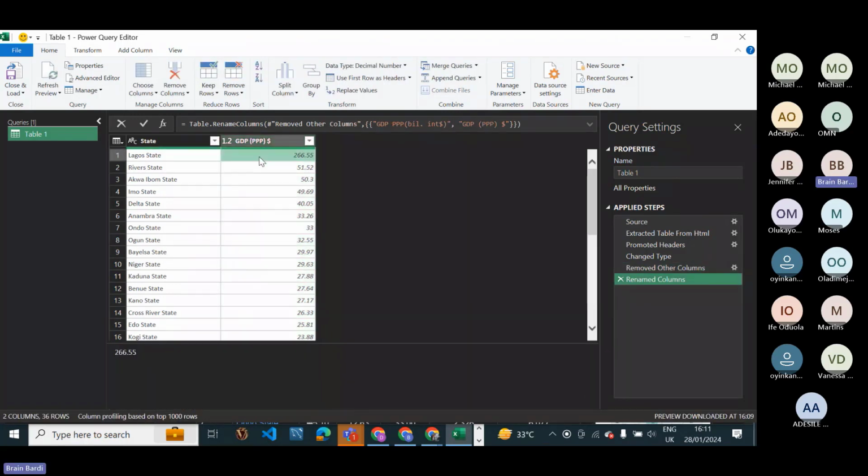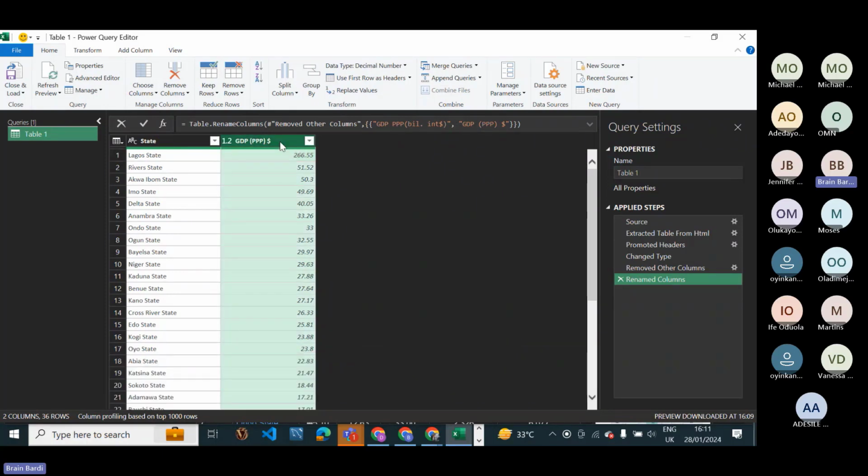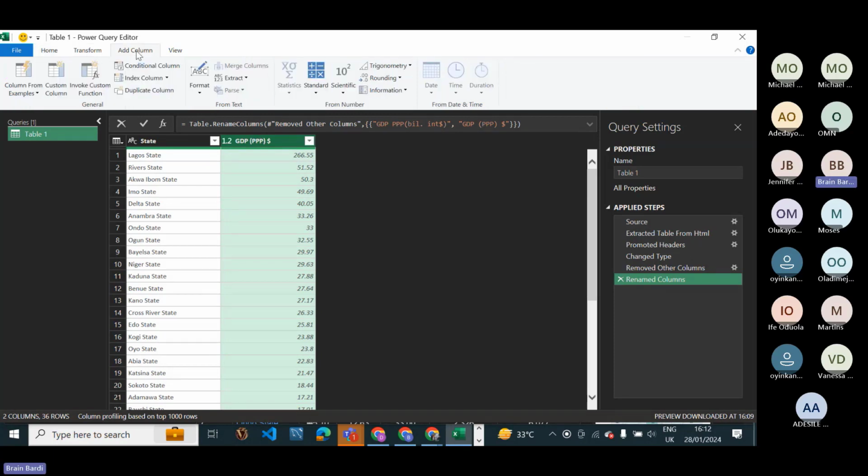We would like this table to have the actual dollars, because this is 266.55 billion. So we are just going to tweak it a little. We are going to add another column.